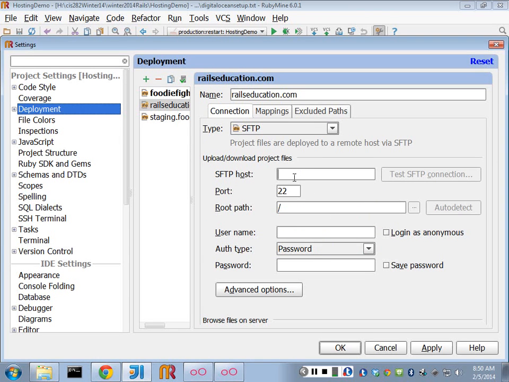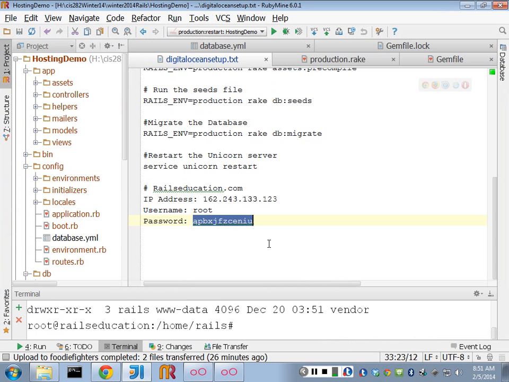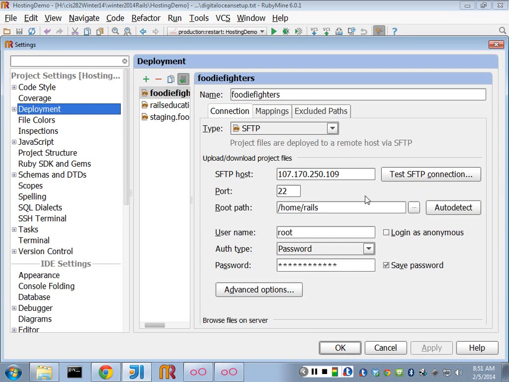The host is going to be that IP address that I have. Where's the root path of my application on the droplet? You remember? Home/Rails, right? Okay, my username is root. My password is whatever, right? So I have to go find that again, this long password. Put in a password,